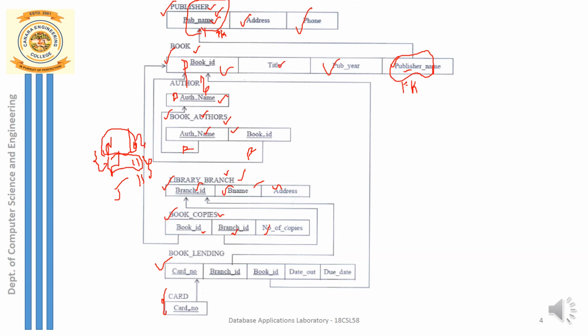You can see book ID is a foreign key here, which is referencing, again, the book ID which is part of the book table, where it is defined as the primary key. So an arrow mark is drawn from book ID of the book copies table to book ID of the book table. The arrow should always point toward the primary key, that is book ID of the book table.